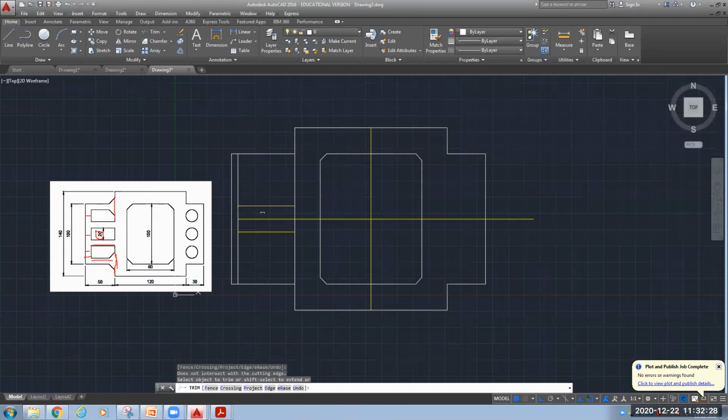Okay, I have trimmed that portion also. Now we can make it like this. We can bring it like this. Okay, what I can do, I can bring it by using this stretch command.